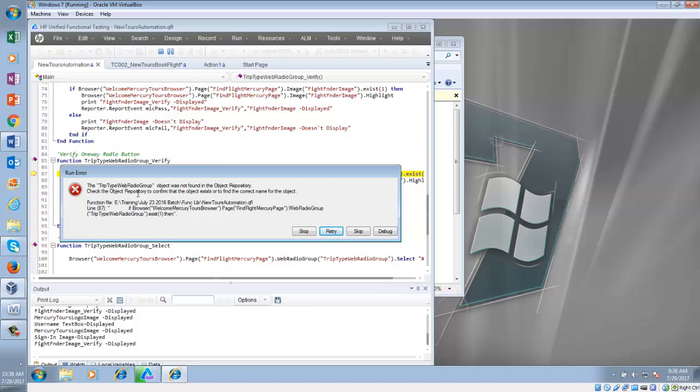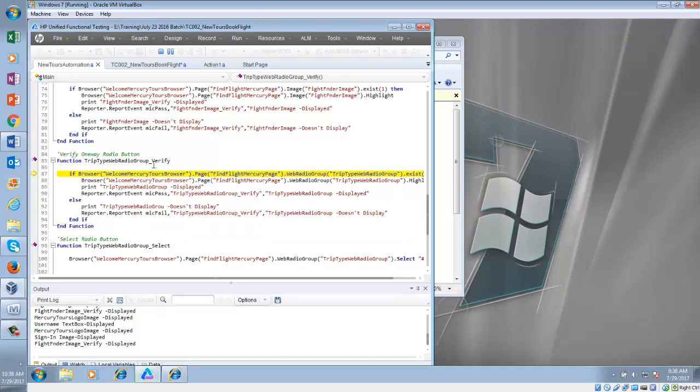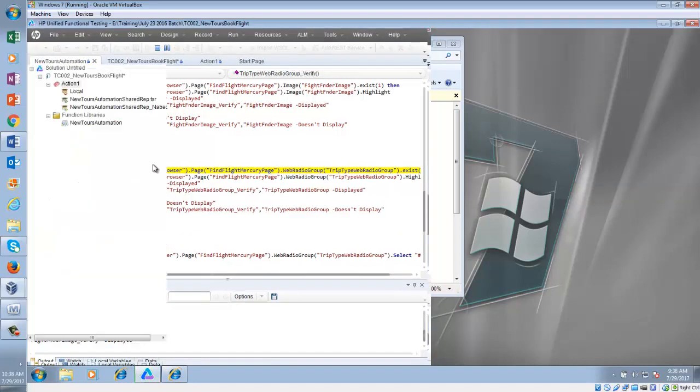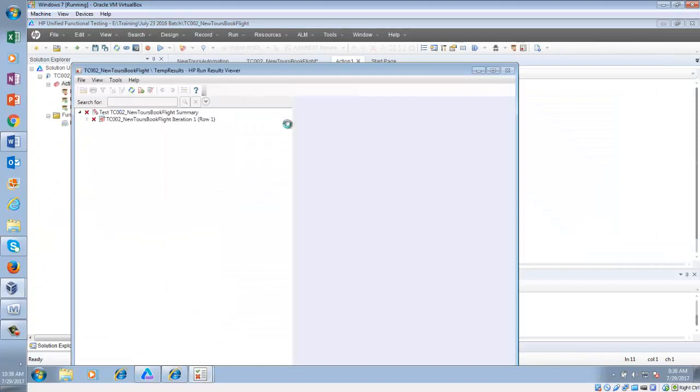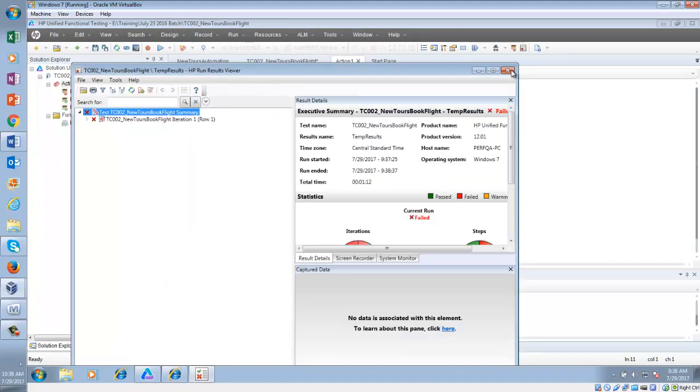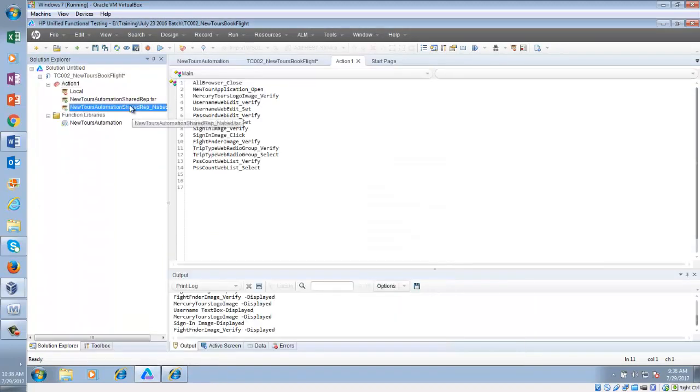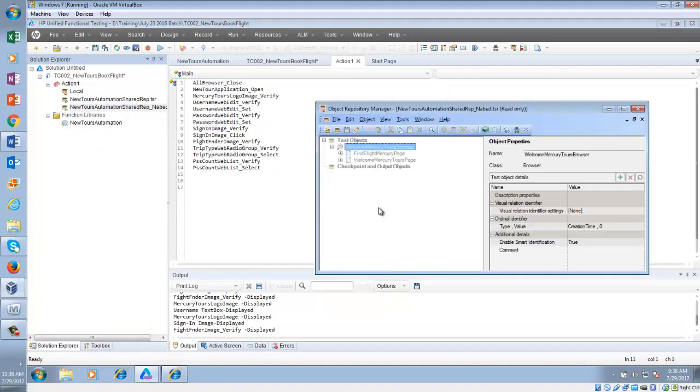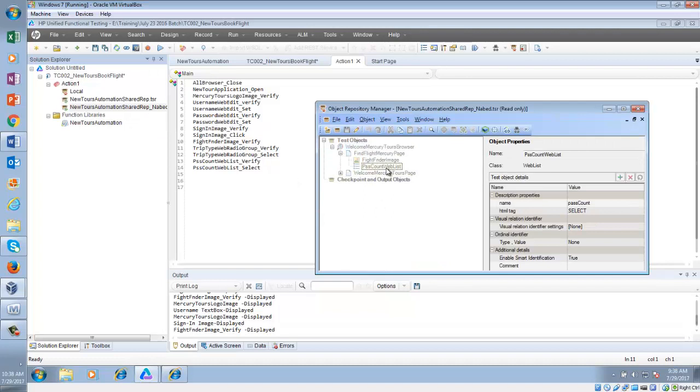Now can you see the trip type radio group? Can you see what the name is? It is not found. It is not finding the trip type radio group, the radio button. If you go back to Naved's object repository, in his radio group we have the web list, not the radio button.